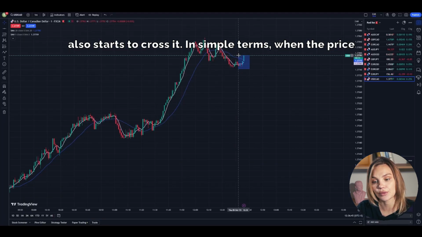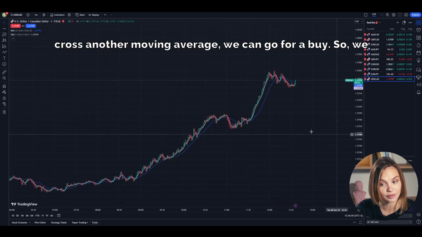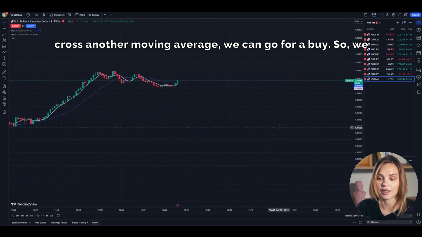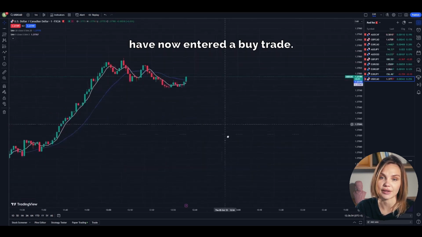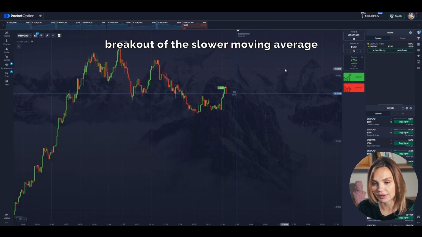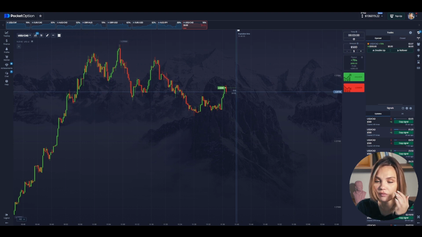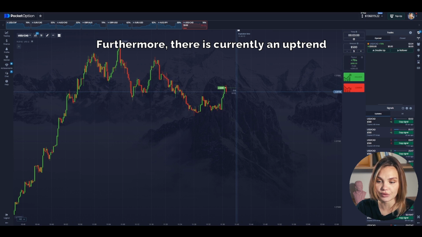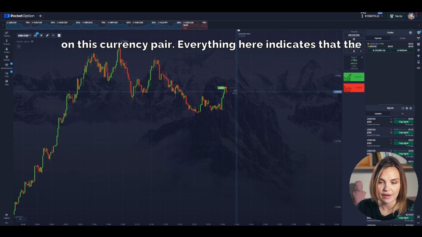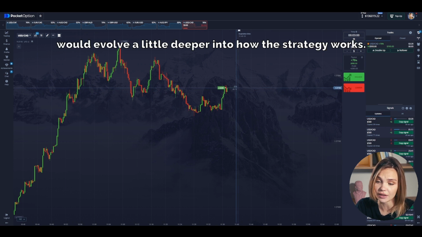In simple terms, when the price and the 5-period moving average cross another moving average, we can go for a buy. So we have now entered a buy trade. We're currently experiencing a breakout of the slower moving average to the upside, and consequently, we get a signal to buy. Furthermore, there is currently an uptrend on this currency pair. Everything here indicates that the price should rise,